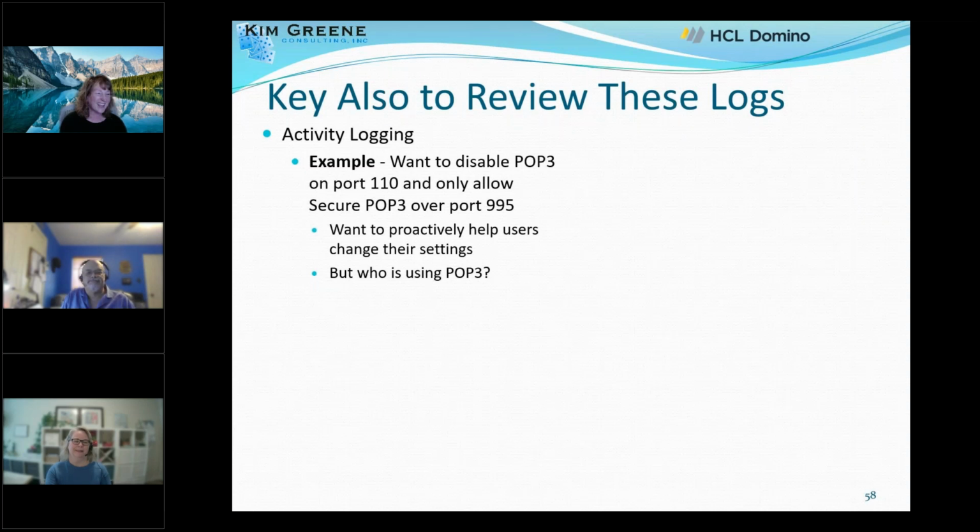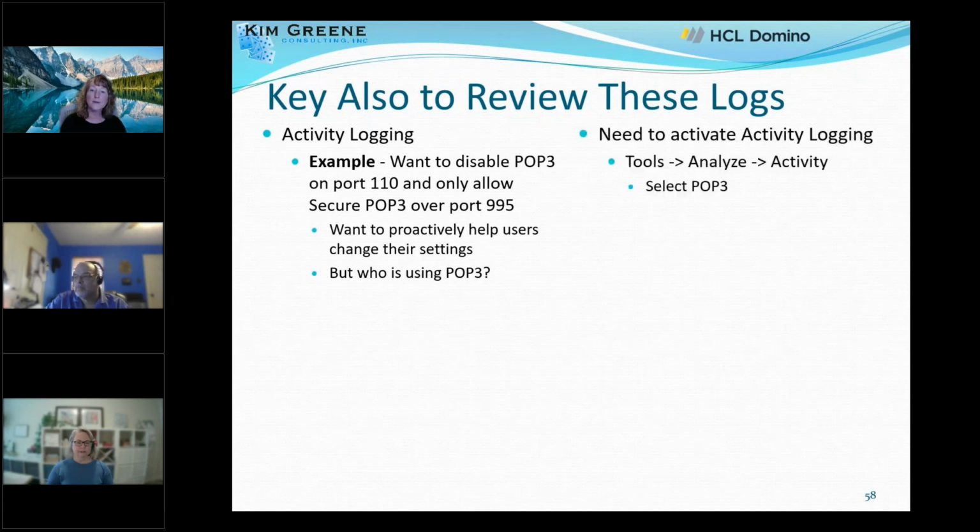Thank you. Another example, we wanted to disable POP3 on port 110 and only allow secure POP3 activity. So we wanted to help the client proactively help the users to make this change. We didn't want to block anyone's access. But who's using POP3? To figure out who's using POP3, we actually looked into the agent log. We give you the details on how to enable it first, of course, and then how to use it. You go to Tools, Analyze Activity, select POP3,